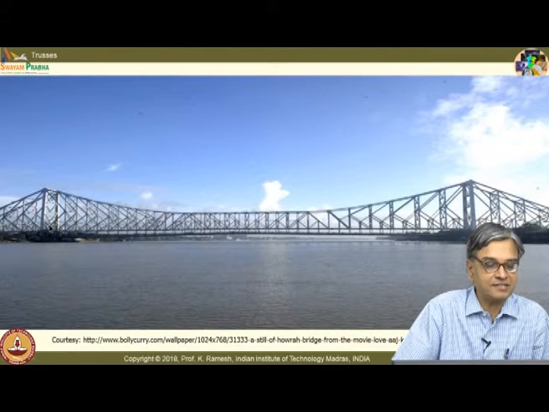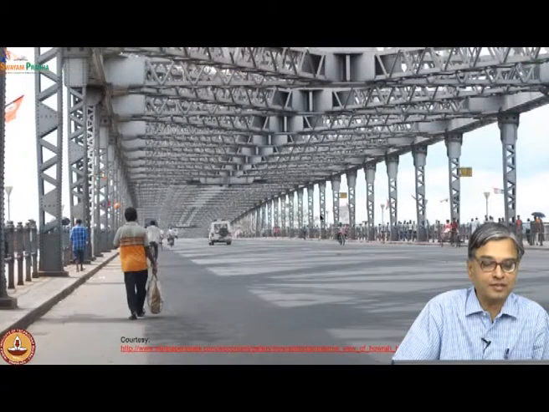We also have a nice bridge in Calcutta. This is the Howrah Bridge, and you could look at here a very long span. It is over the Ganges. The span may be of the order of maybe close to 2 kilometers. And if you walk into the bridge, you have a maze of steel structures, heavy, very heavy. And if you look at one of the joints, you find the joint has a lot of bumps, which I told you are rivets. That is how the joints are made.